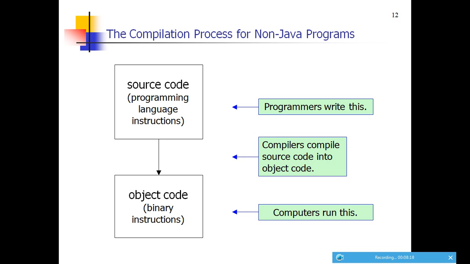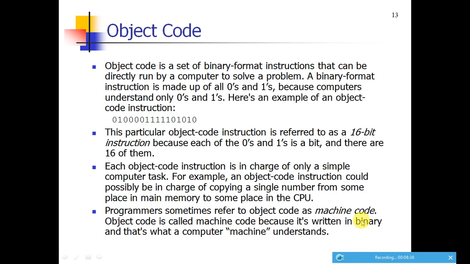The source code programming language instruction is converted to the object code. It's a binary code instruction. What's the process? Programmers write the source code and a compiler compiles it to object code, and next the computer runs this. So object code is a set of binary format instructions that can be directly run by the computer to solve the problem. Binary format instruction is made of zeros and ones because the computer understands only zeros and